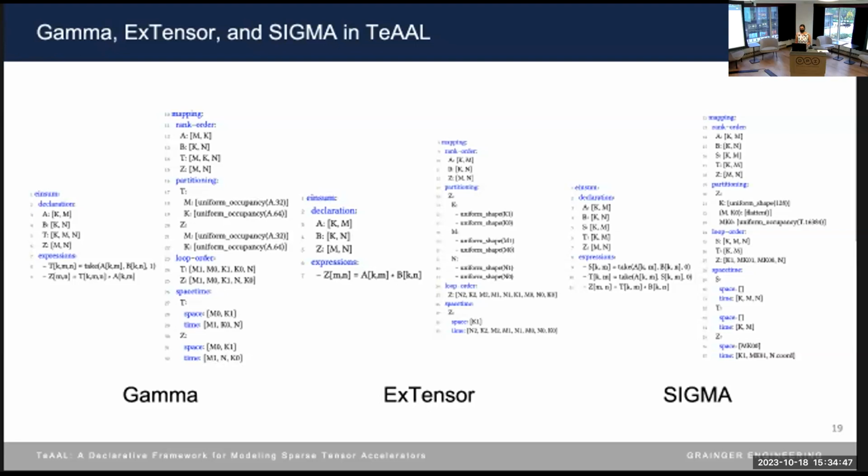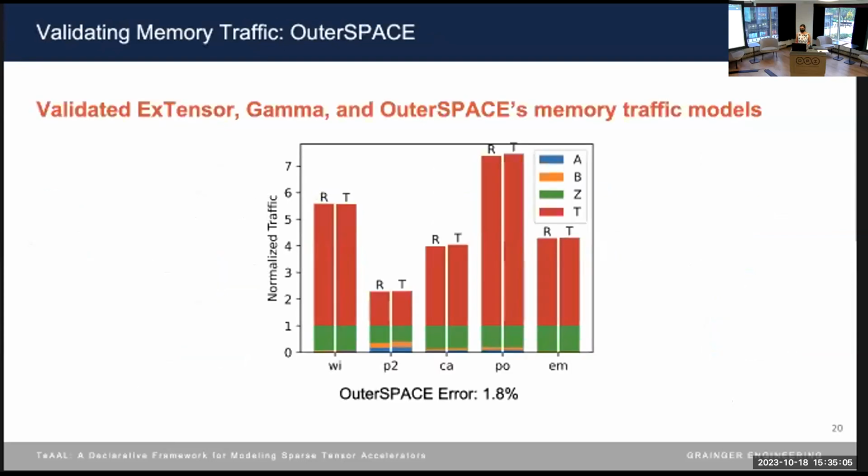While from the papers that proposed them, these accelerators each appear quite different, we were able to describe them all using the same language. On the slide, we show the einsums and mappings for each one. The takeaway here is that TeAAL captures the salient characteristics of each accelerator in about 30 lines of code. From these specifications, we generated performance models, which we validated using statistics in previously published results or private communication with the original authors.